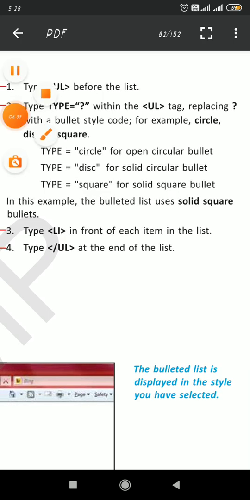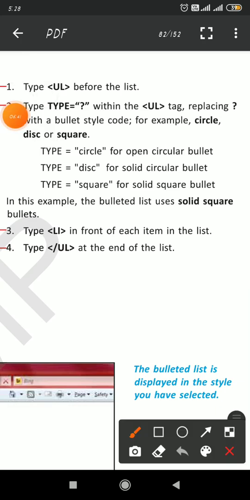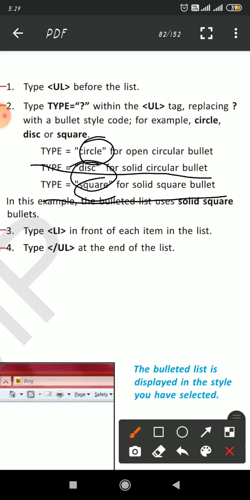Type circle or disc for a solid circular bullet. Type square for a solid square bullet. So circle, disc and square, three of them you can use.